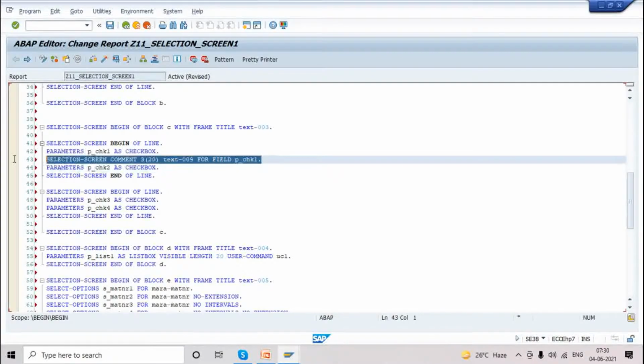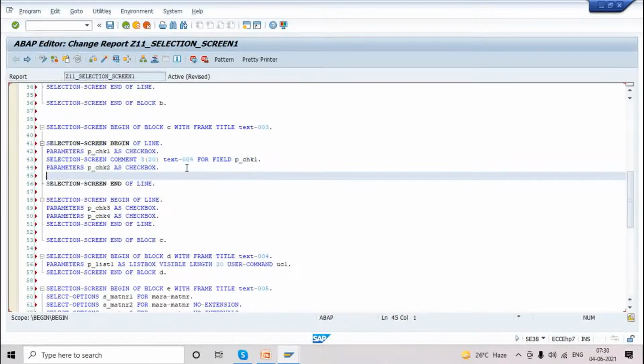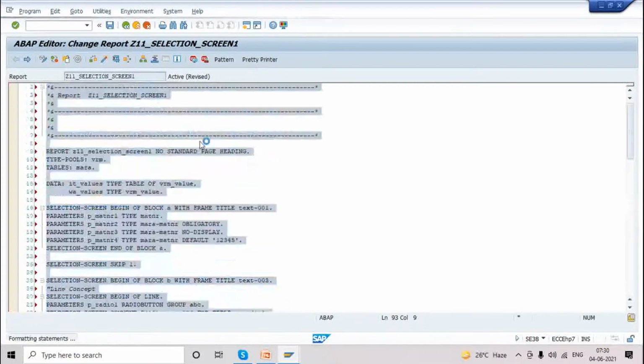Same, I'll copy. When it comes here, 3 plus 20, 23 is done. Next, four characters for the checkbox, 27 will start. 7 of 20. Here it will be text 10, and the field name is checkbox 2.